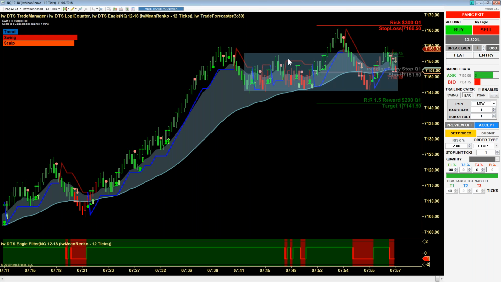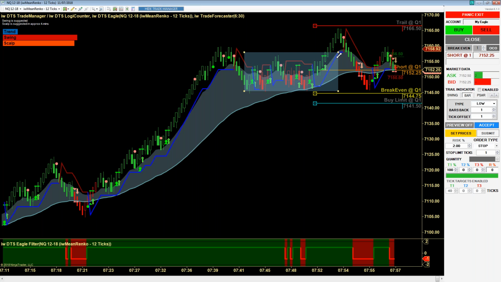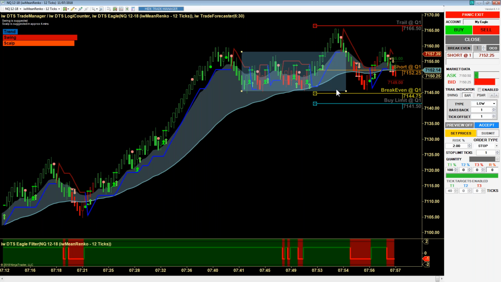So we saw the market break out of our little sideways trading range here. Here was our little sideways range. The market broke out. It did not hold the breakout, brings us back into the trading range. That makes the bottom end of the trading range a viable target. Now, I'm doing it here on the Eagle, but